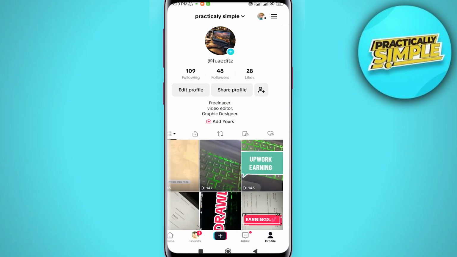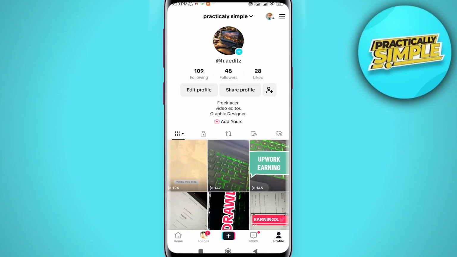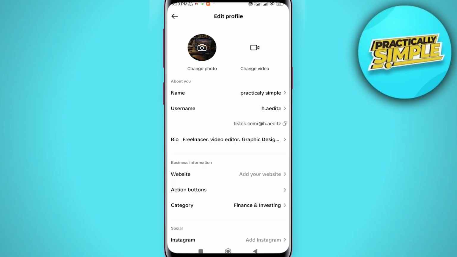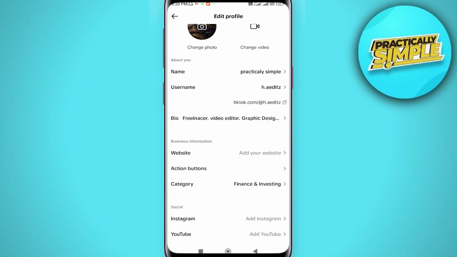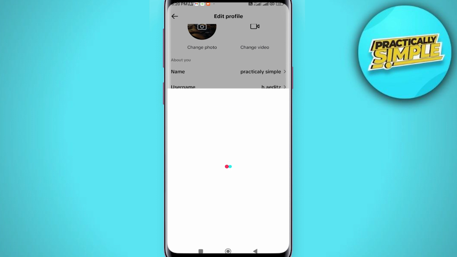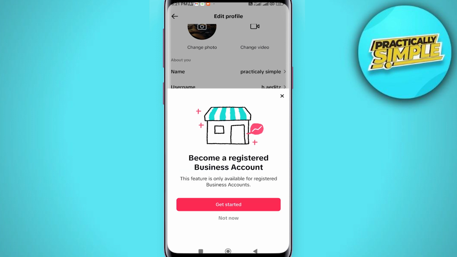And now we can go and add a website to our TikTok bio. For this, go to edit profile, and as you can see this option, website. So you just have to tap on this website, and as you can see, this feature is only available for